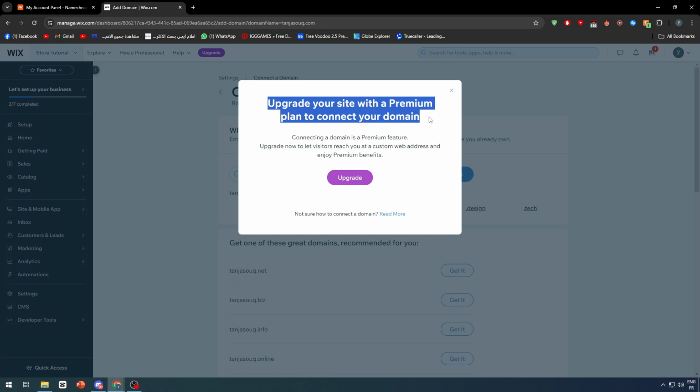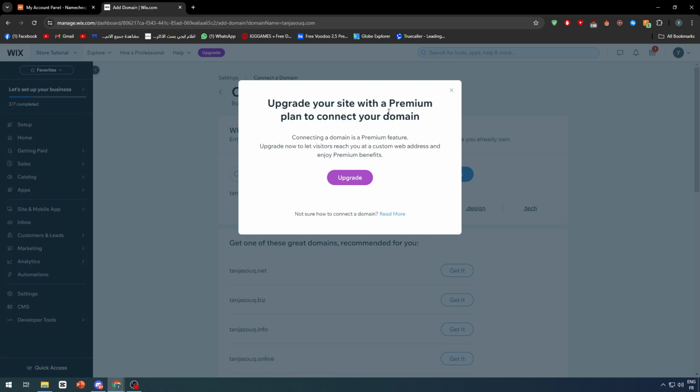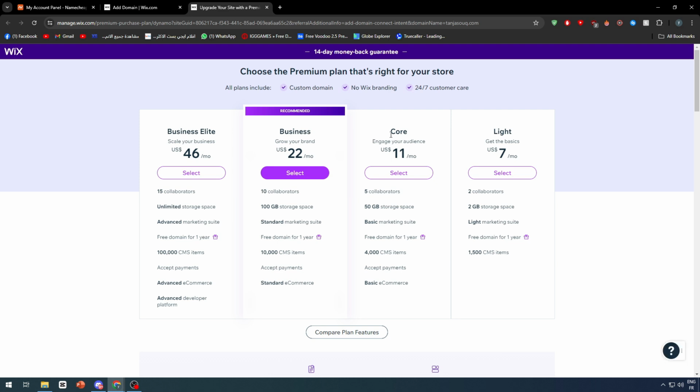And as you can see, I have to upgrade my site to a premium plan so I can connect a domain. So it works both ways. If I want to actually connect a domain, I will have to pay for a premium plan, which means